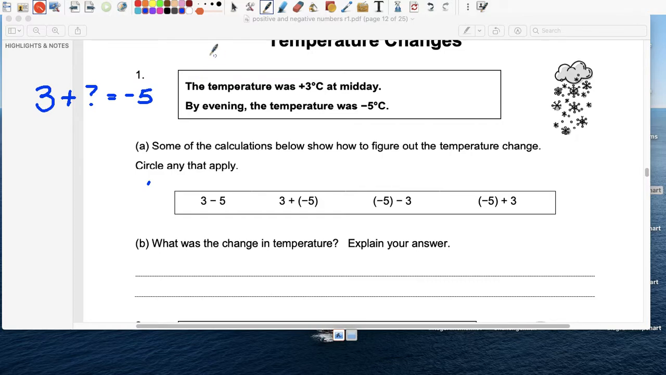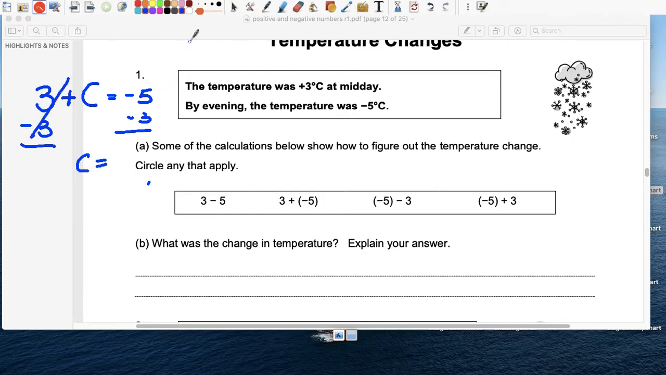Well, you can set up an equation. That's one way of doing it, right? And instead of a question mark, let me change that to x. Now, to find the change, I'm going to write C for change, because we're looking to find out what the temperature change was. So subtract 3 from this side, subtract 3 from this side, and we get that the change in temperature is -5